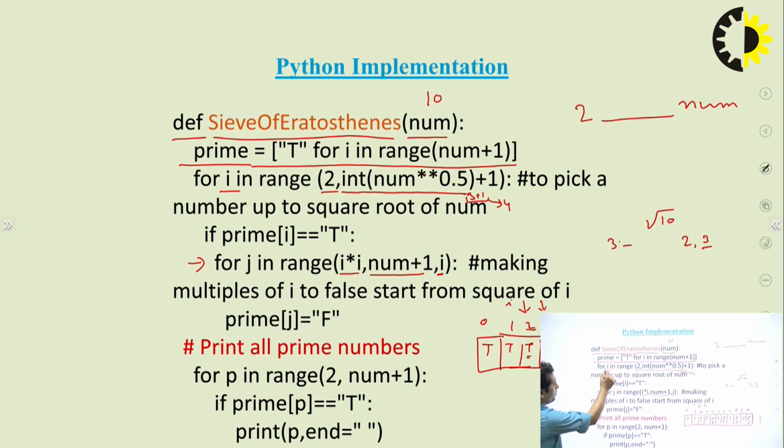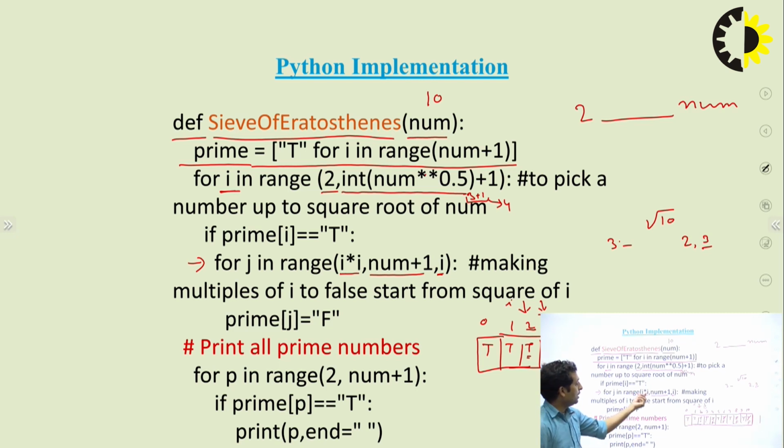Take the next number from the outer loop, the value of i. Now the value of i is 3. Now choose 3 and check if the value at the index number 3 is true. Now 3 is true, yes, this is true. So the inner loop will be executed, and the multiples of 3 are made false